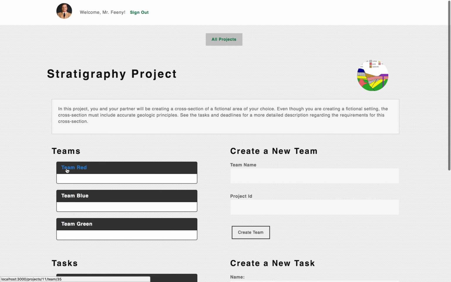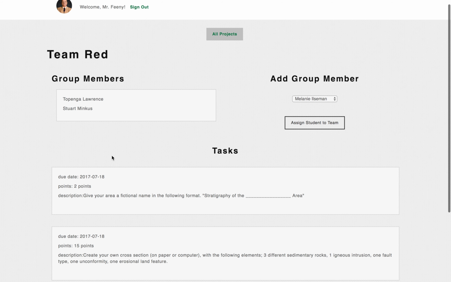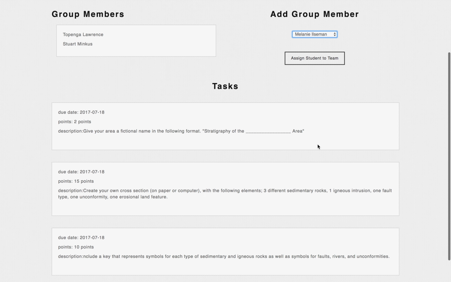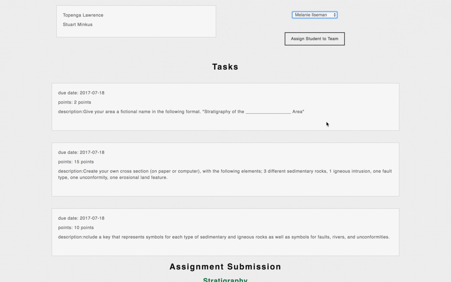If you click on a specific team here, you will see whoever is currently enrolled in that group, and you will see a space to actually add additional members here. And you can just add it through this Assign Student to Team button. You'll be able to see tasks below, and eventually I would like a toggle button or some sort of progress bar or flag for students to select when they need help or have completed the project. And this will give the teacher a little bit more access to how each group is specifically progressing through the